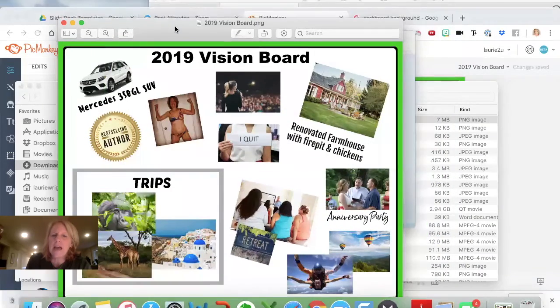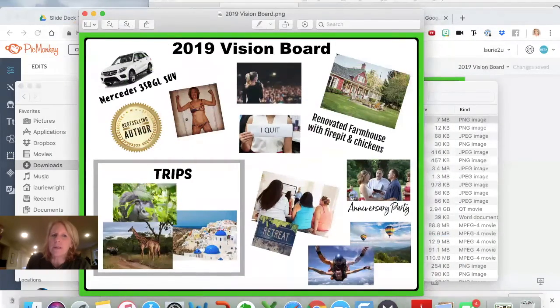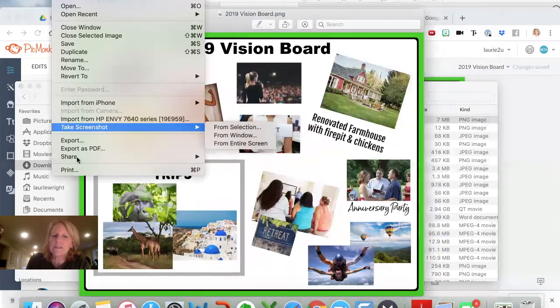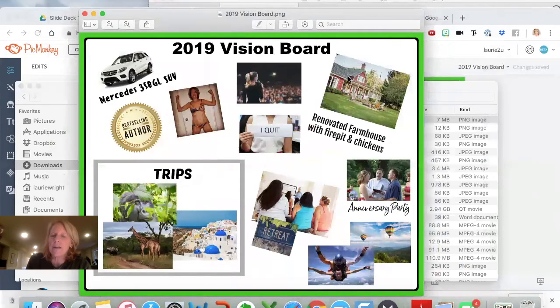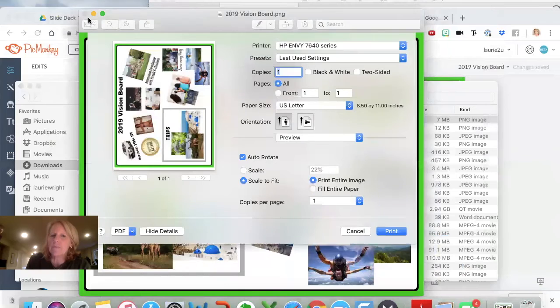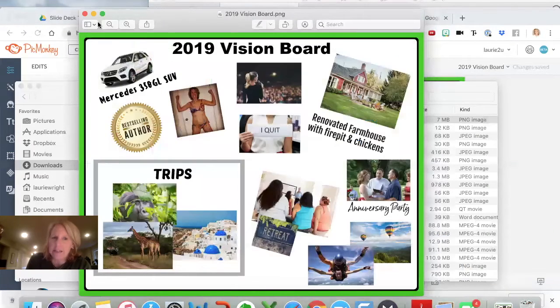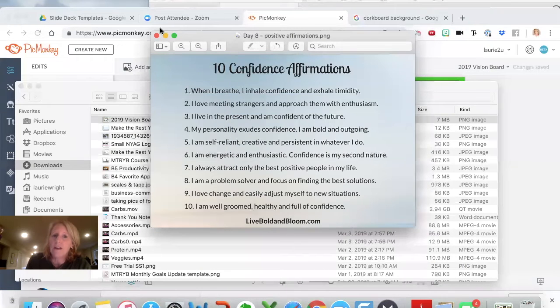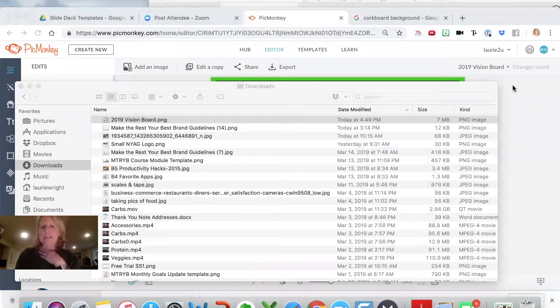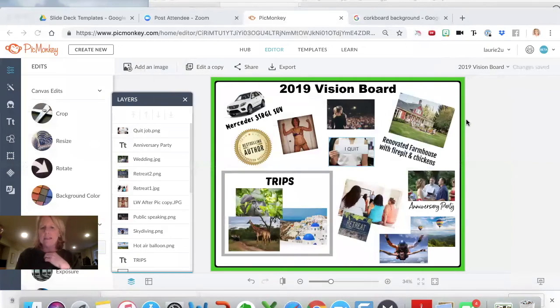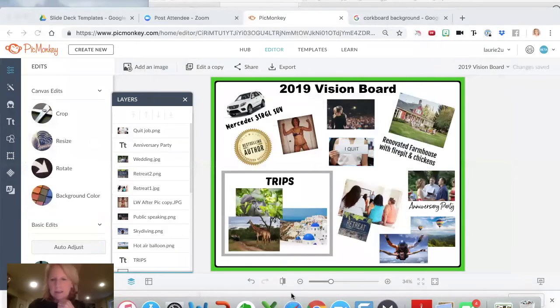All I have to do is go and say File, Print, and it'll print on my printer upstairs. So it's as easy as that. It's so cool. These are some affirmations I was using as an example when I did my presentation. All right, so let's go back, and I'm going to get on screen and I will take questions.